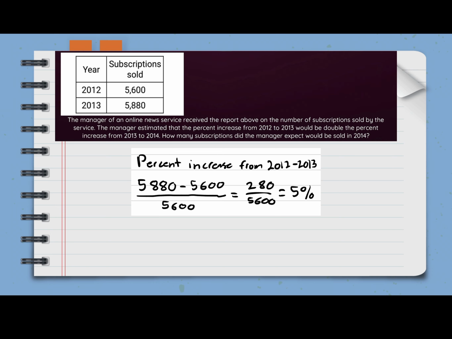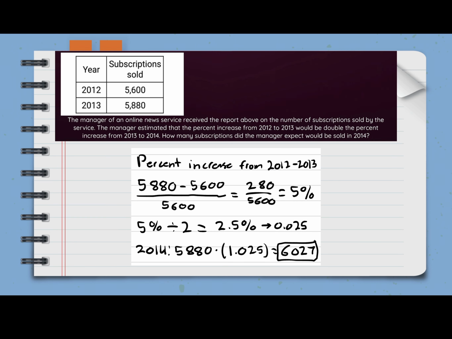And once you do that, we'll find there's a 5% increase. And we also know that the manager estimated that this percent is actually double the percent that would show the increase from 2013 to 2014. So the increase from 2012 to 2013 is double the percent from 2013 to 2014. So in order to find that increase from 2013 to 2014, we can just divide by 2,